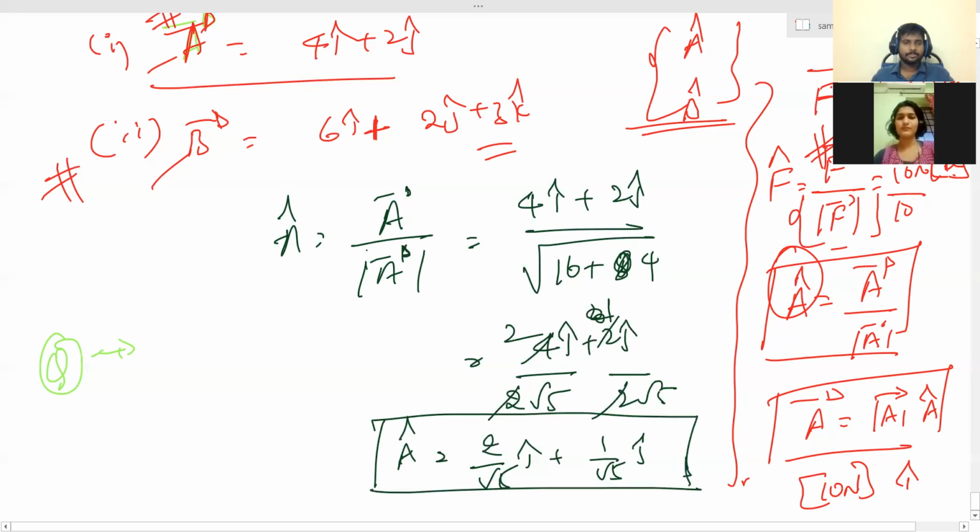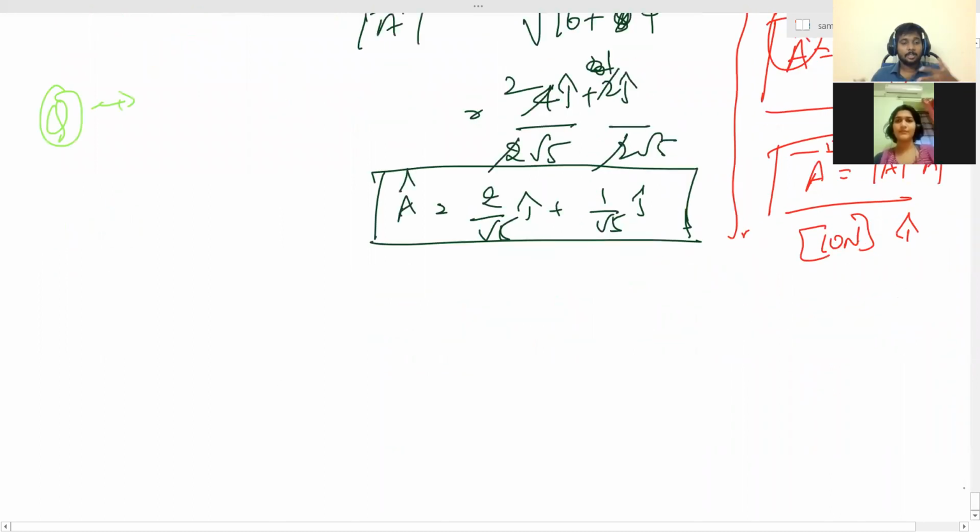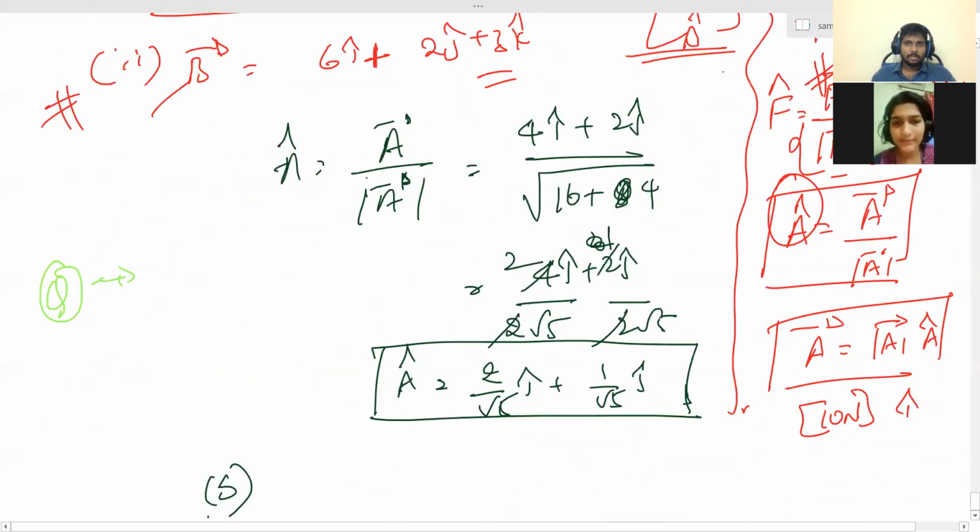Got it? You have to apply yourself. I will explain. Once you apply and I explain, it becomes a very strong point in your mind. Yes. B vector. You can solve this or not? Now you understood? Yes, sir. This should immediately be in your memory, or otherwise at least you should turn to the page, okay, I read this point, how to write cap. So let me turn to the page at least first time, second time. Then automatically that point goes into your mind. How to find the unit vector. So the second question also.